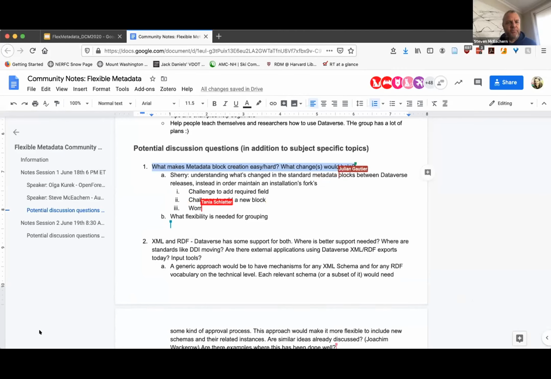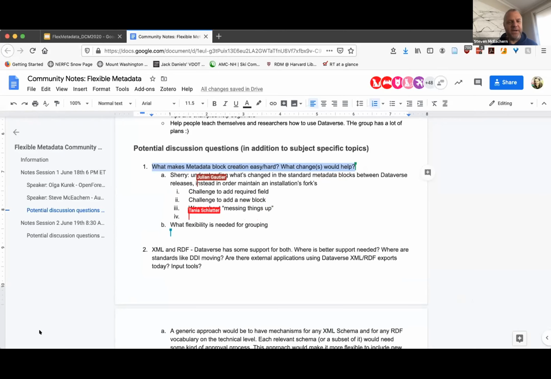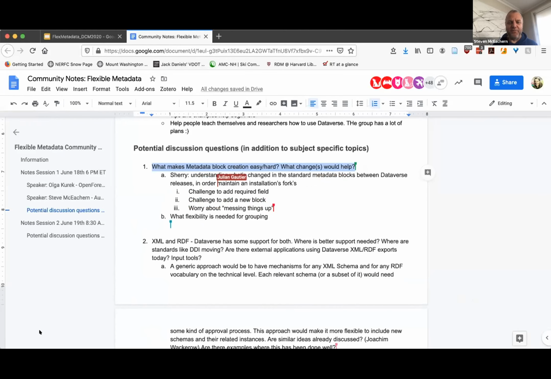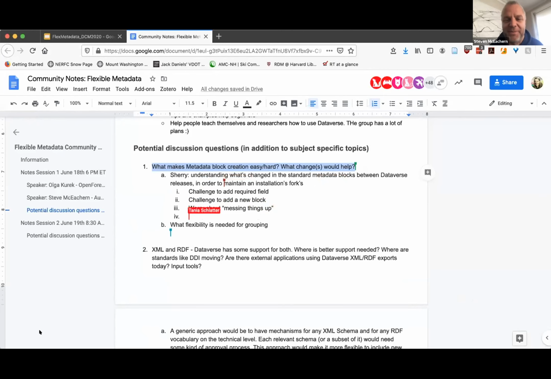Good. I'd probably reflect a little bit more on that. It's Steve here again. Similar to Sherry, we experimented with metadata blocks early on when we started using it. The pain we suffered there meant we've never gone back. So I think the nervousness about what happens if you change something makes us very reticent to be using custom metadata blocks in any sort of space.